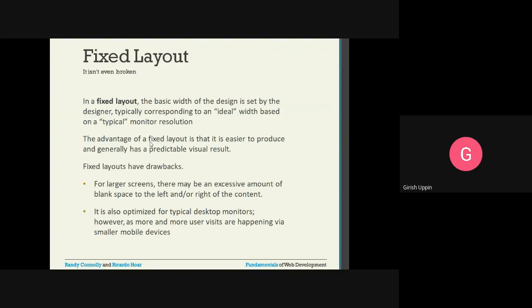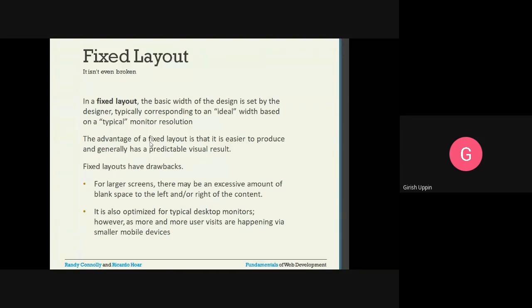Normally, a fixed layout is used when you know what kind of screens your web application will be opened on. Let us say 90% of the time your web application will be opened only on mobile devices, then you can design your layout for that particular screen.